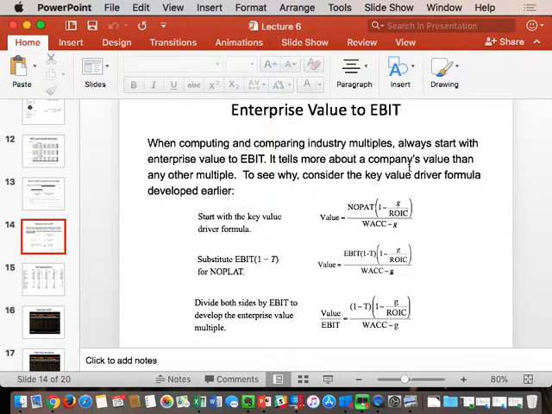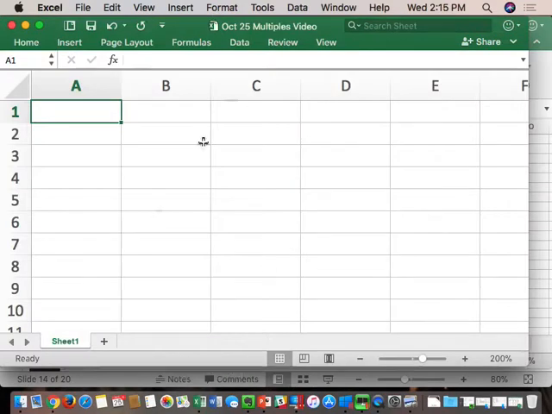So when we do multiple analysis, I think it's helpful to understand the key value drivers behind them, because it'll help us understand why a company trades at whatever multiple they trade at. So we're going to start out by focusing on enterprise value to EBIT. And as we talked about on Monday, since we're doing intrinsic value, future cash flows, we care about future or forward multiples. So in our valuation model, back to Excel,